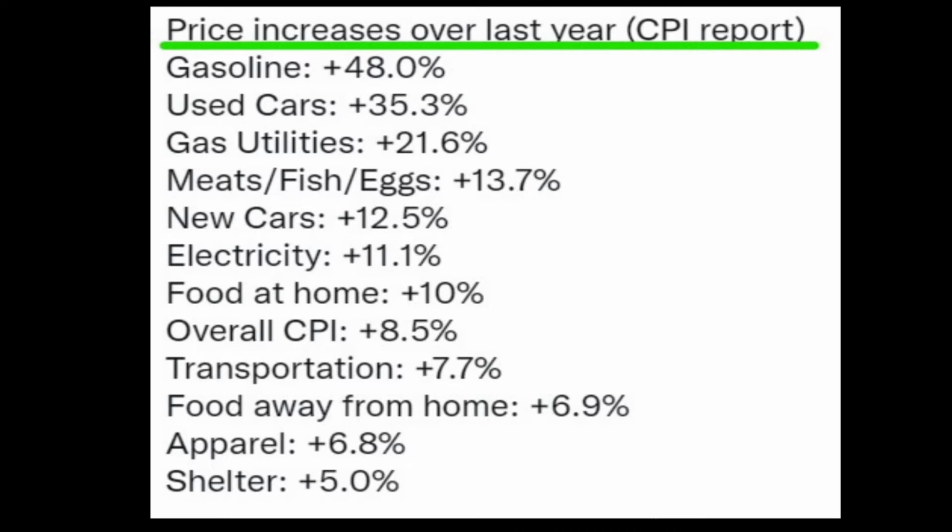The price increases are obvious. But why? Why do we have inflation? That's what we need to figure out. This is the highest inflation we've seen in the United States in the past 40 years. So this is not a blip or a random fluctuation. Clearly there's something that triggered this. So it merits a closer look.